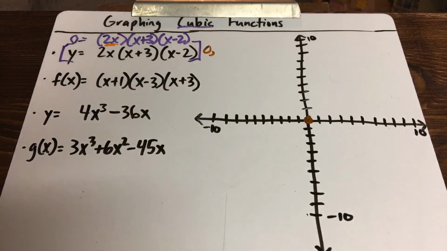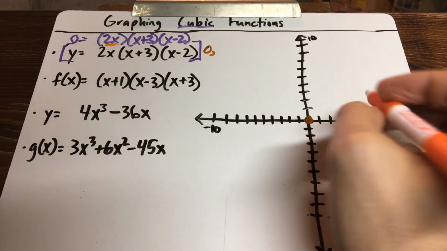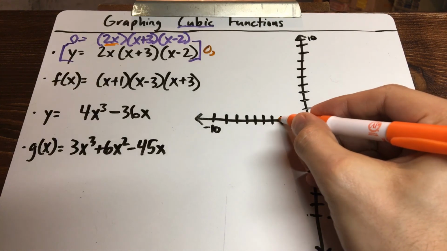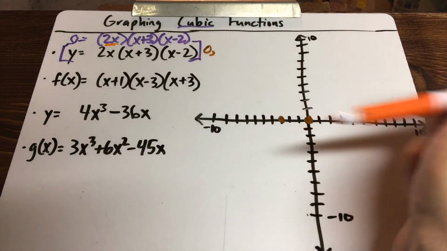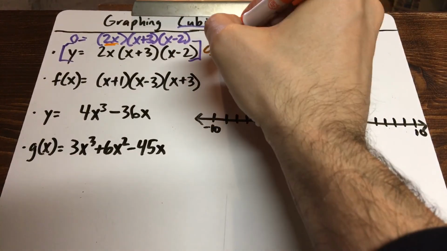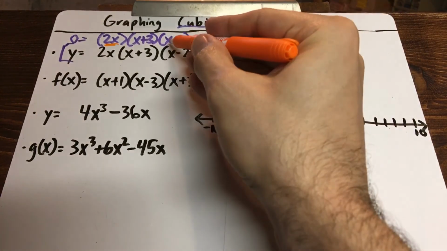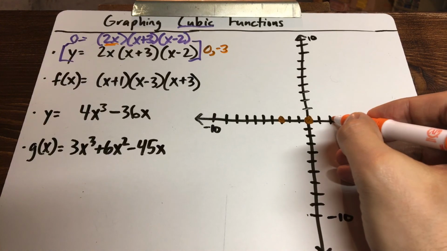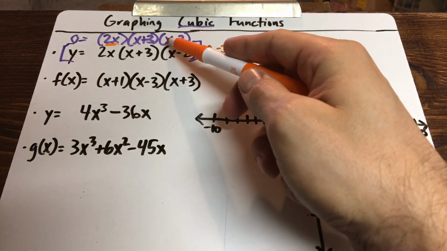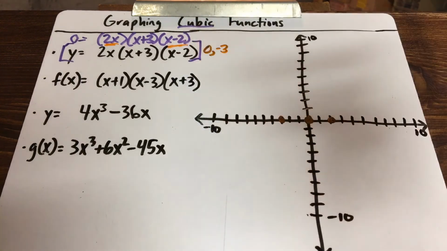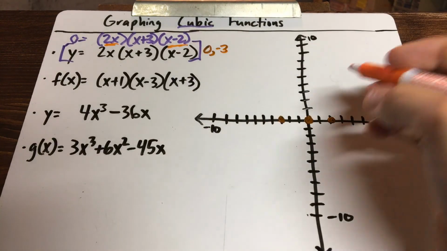What number would I put right here to make this parentheses equal 0? It would have to be -3. Remember, I've been saying that in the last couple of videos. It's always the opposite of the way that it looks. If it says +3, that's actually 3 to the left. And here on this one, at the end, it says -2. That's actually 2 to the right. The reason that it's 2 to the right is because you would have to put +2 right there to make that parentheses equal 0. 2 minus 2 would equal 0. So I know that this